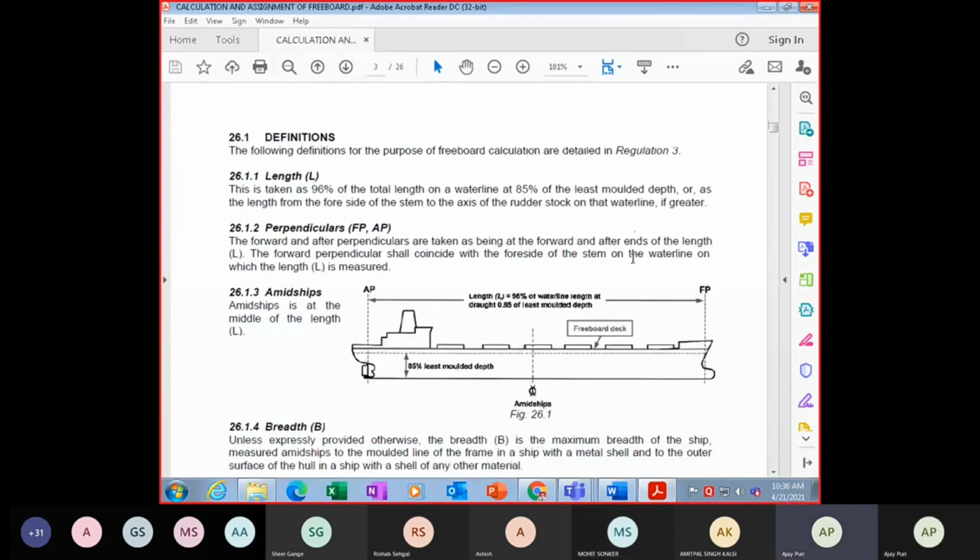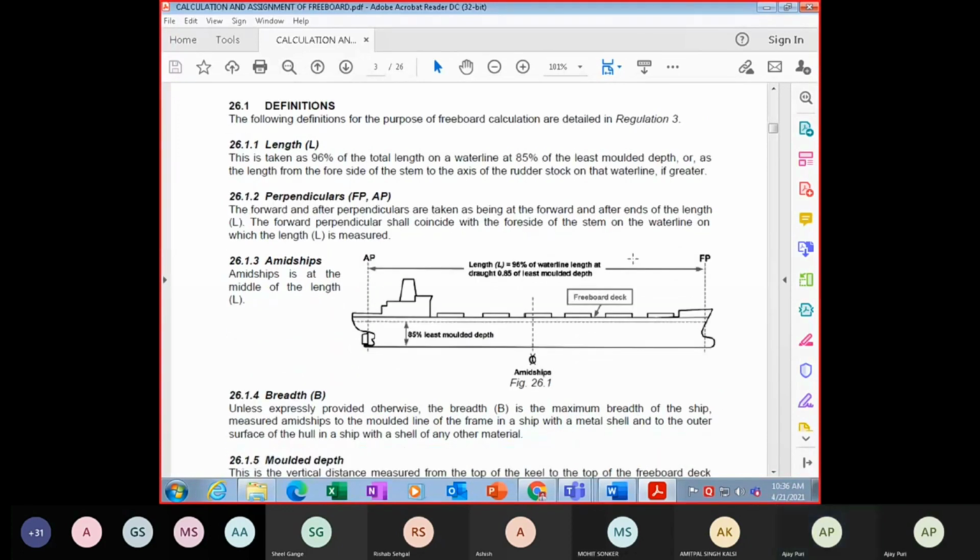Now we will do certain definitions because sometimes definitions are also asked in your exams. So definitions are in regulation 3 of your load line convention rules. So length is taken as 96% of the total length on the waterline at 85% of the least molded depth,